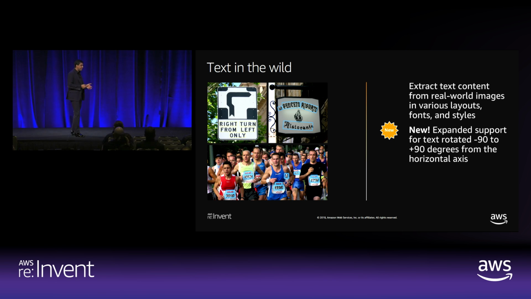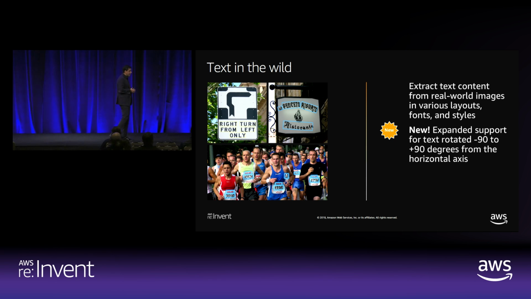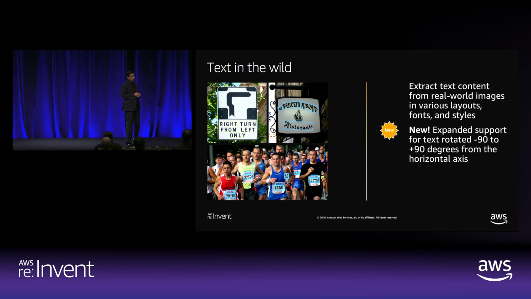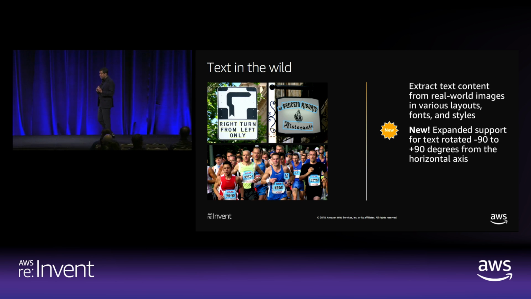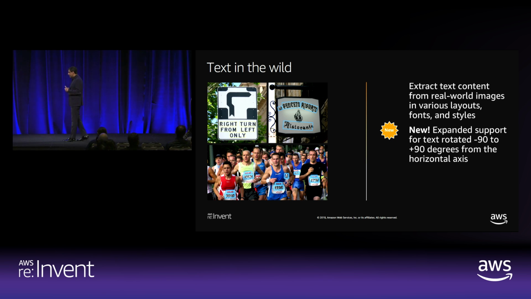What's really interesting about our tech solution, and we'll hear a lot more about this in future slides, is that we built it to solve some very hard social media problems. And what we learned from that experience is that a lot of this text in the social media content is stylized, right? Where happy birthday is never written in normal English font. It's normally written in an arch form, happy anniversary written in a web form.